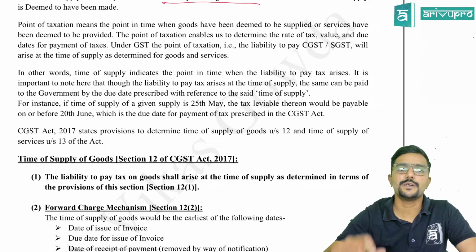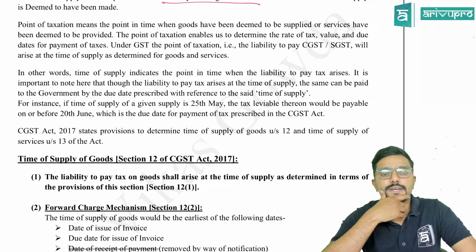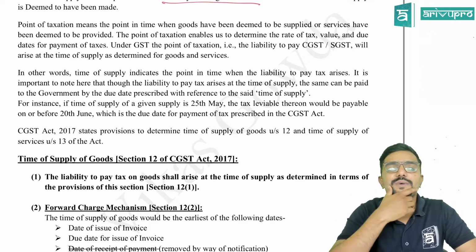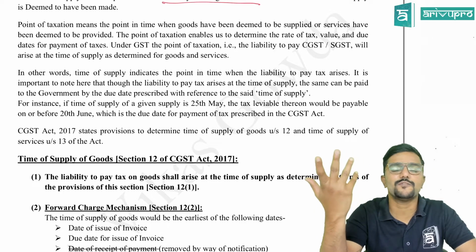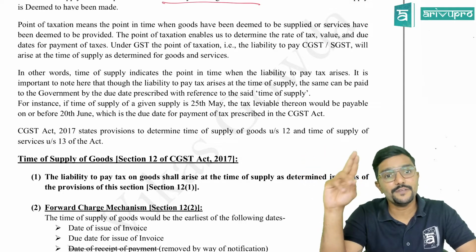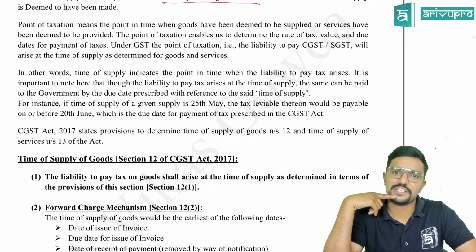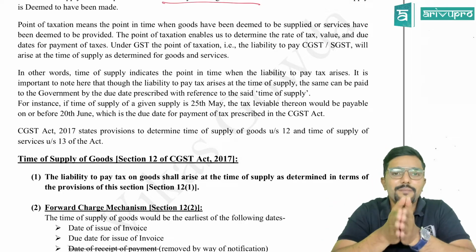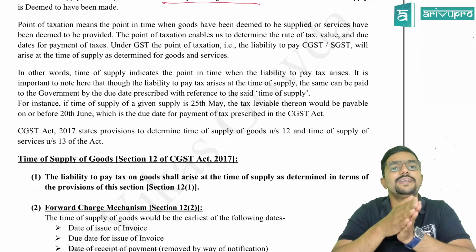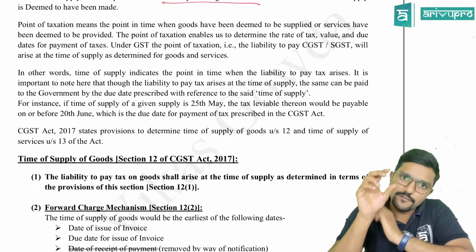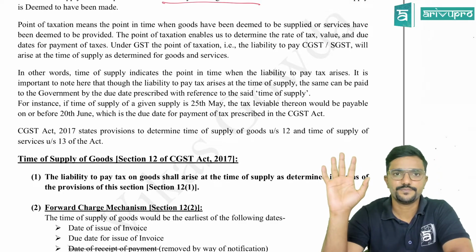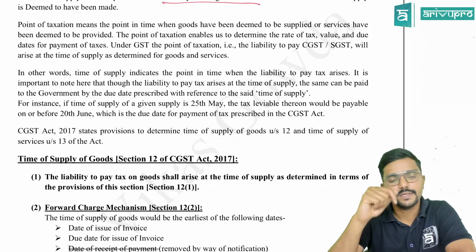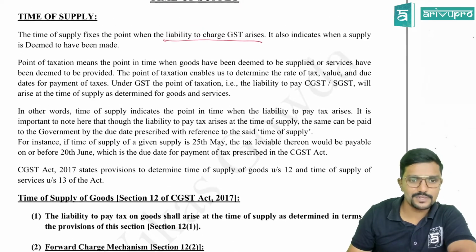Clear? I told you, sir, the due date for payment is 20th of next month. Does it mean that you have to pay on 20th? No. The maximum time limit given is 20th of next month. Can I pay before that? Yes, of course. But what if you pay after 20th? Interest would be charged. Clear? Whenever there is a due date, payment can be made on or before that day. Even if the payment is made on that day, it's fine. So on or before 20th of next month, guys. Clear? Chalo, this is just a background about the time of supply.